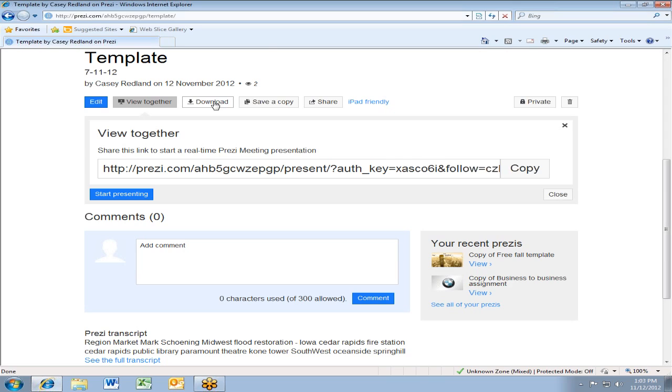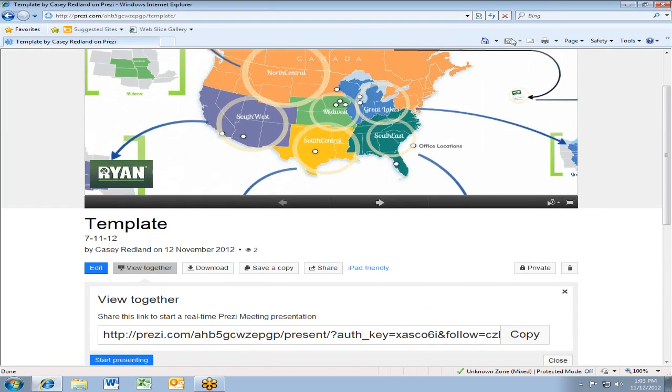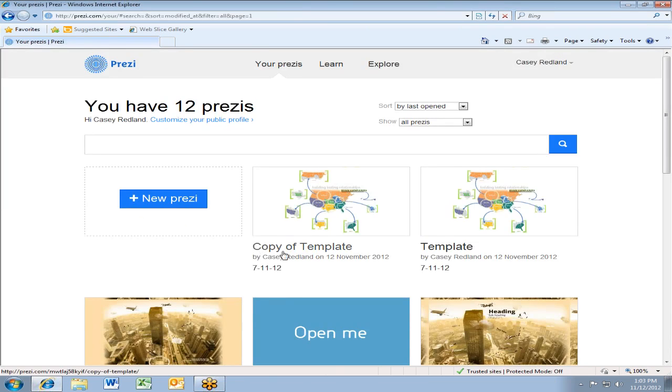There'll be a big exclamation point, worse than what I was doing when I was trying to get into it. So what you have to do is download the Flash and restart it, and it'll work. Save a copy, which is what I'm going to do with this because this is my only template. Share is basically the same thing as your view together. You're just sending out